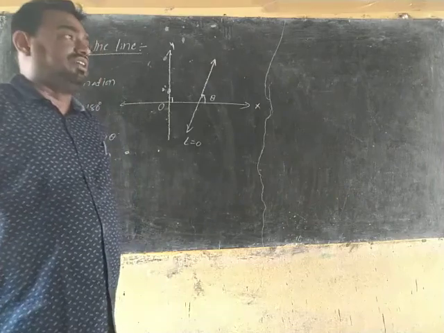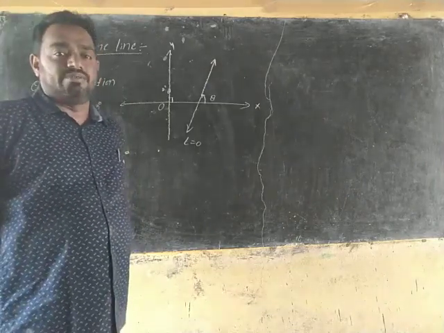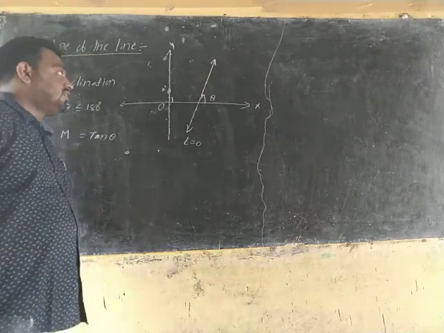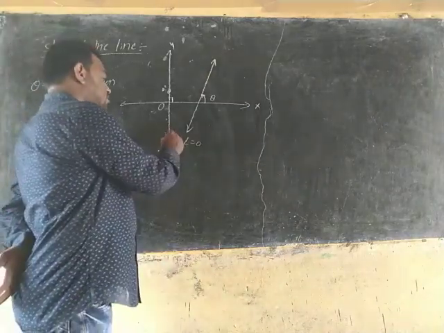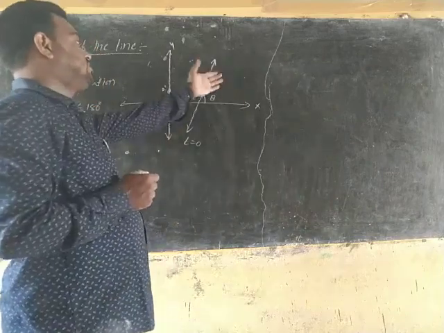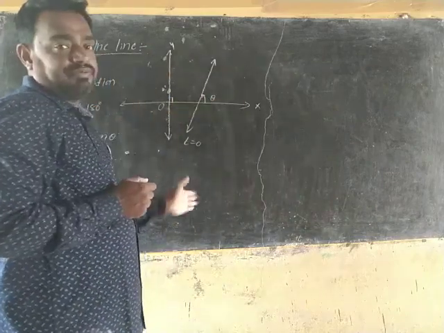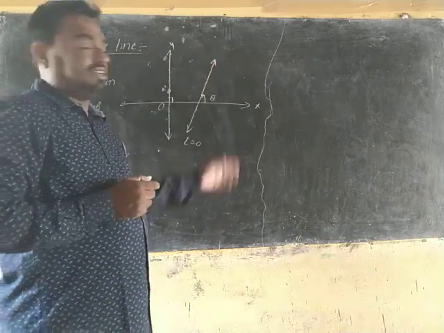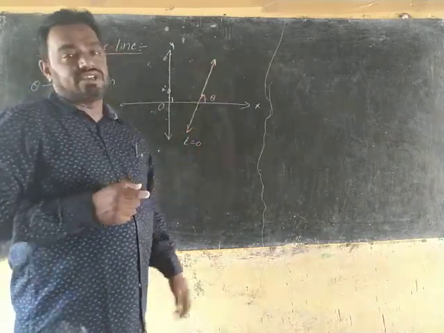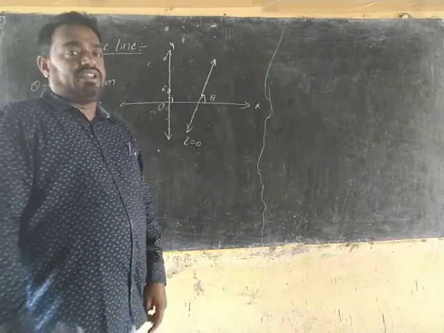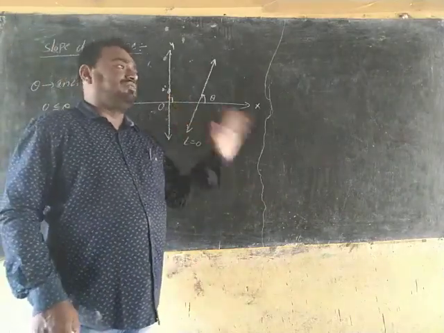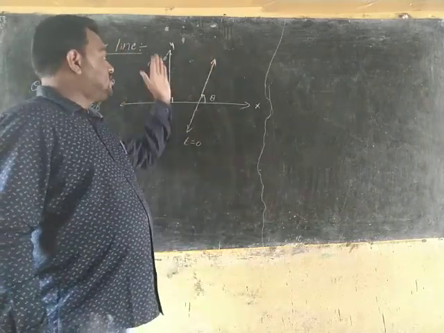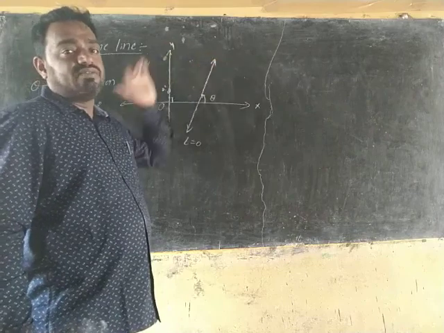First you see the definition of the slope of the line. Now, this is the coordinate system, x-axis, y-axis. This is the x, y plane. L equals 0 is one of the straight lines. How are we defining the slope of the line? You see the definition now. A non-vertical line. This is not a vertical line. It is a non-vertical line.